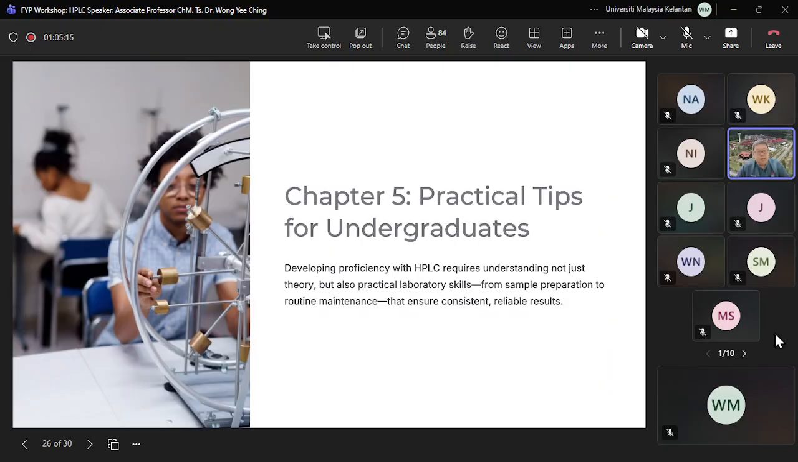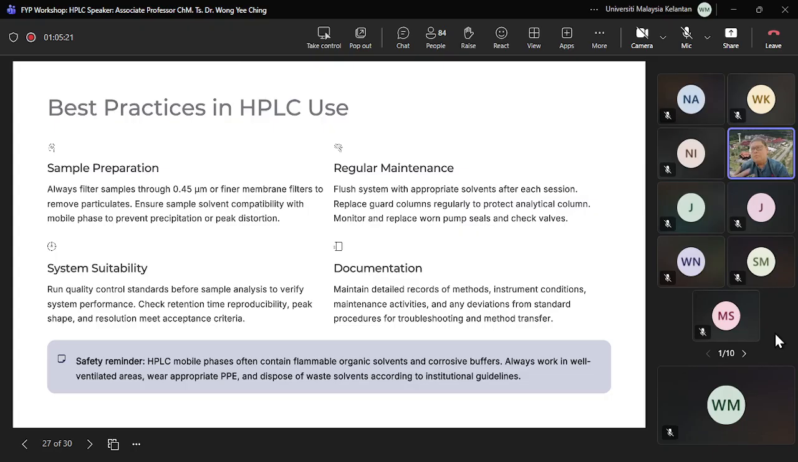So, some practical tips for undergraduates when they want to run the HPLC. Most of the time when you run HPLC, you're being assisted by the lab assistant. So I think in UMK you don't face so much problem. Most of the time the lab assistant will inform you to do some sample prep. Always filter your sample through a 0.45 micrometer or finer membrane filter to remove any big particulate, and ensure that your sample solvent is compatible with the mobile phase